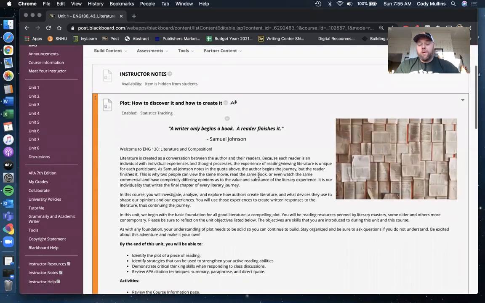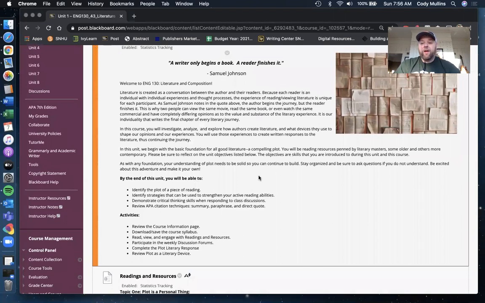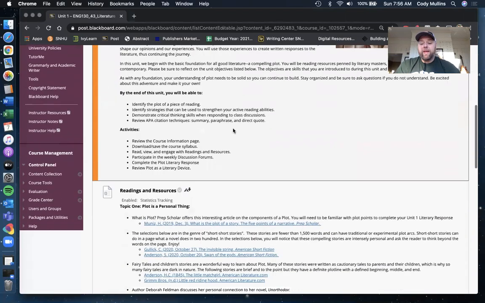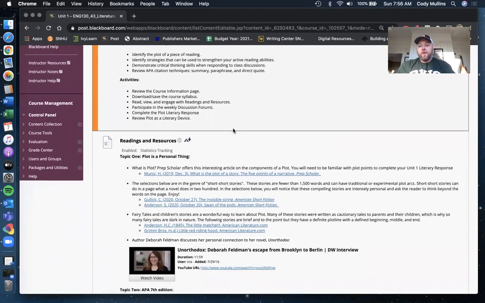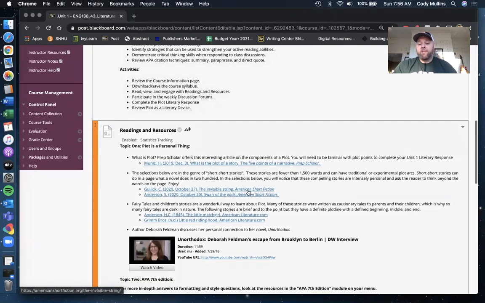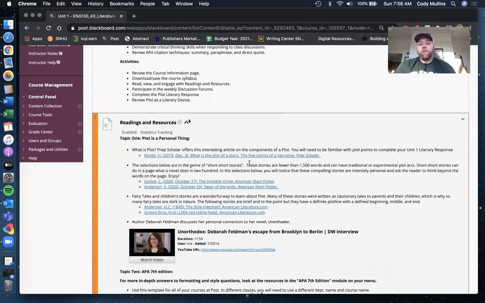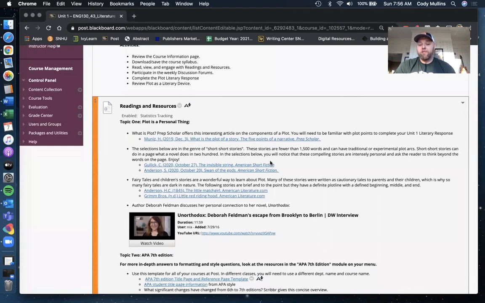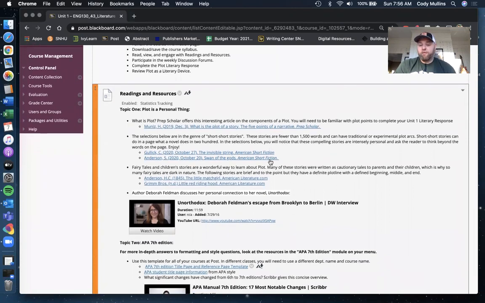Essentially, you can read through here, and all of your readings will be located here. For this week, you will have 4 readings that are fiction, and then 1 reading that is a precursor or an instructional guide on understanding plot, which will be an important aspect of the lesson this week. So the first thing you want to do is read this article here. That will talk a little bit about the components of plot, and then you can read the 4 selections of